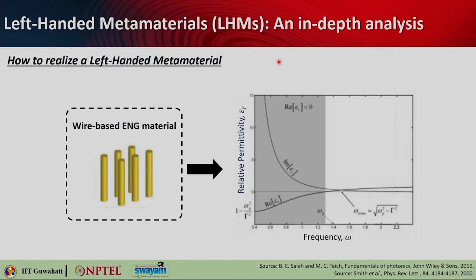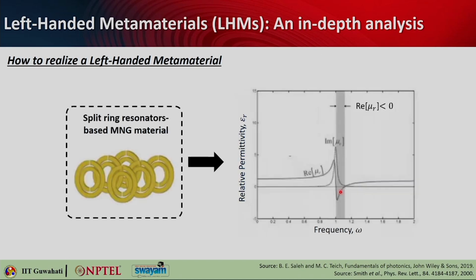The first thing is that we can go with wire based arrays, and this can give us negative permittivity over a certain frequency range, and you can also decide, by changing the dimension and the array periodicity, what will be the plasma frequency below which the material will behave like a metal. We have also seen the case where we designed an array of split ring resonators, and that could give us negative